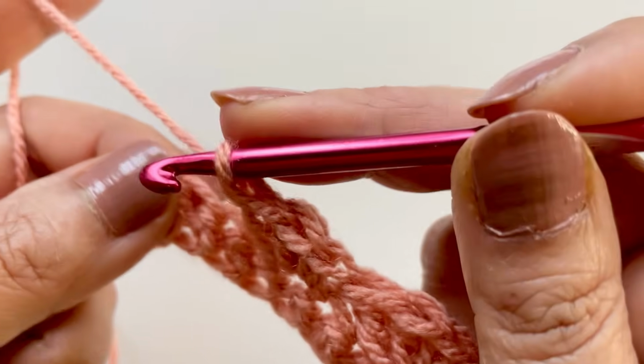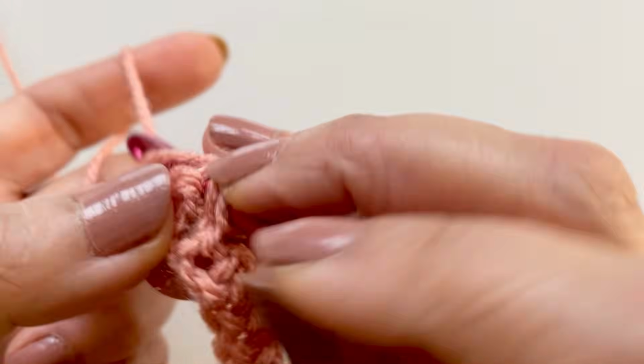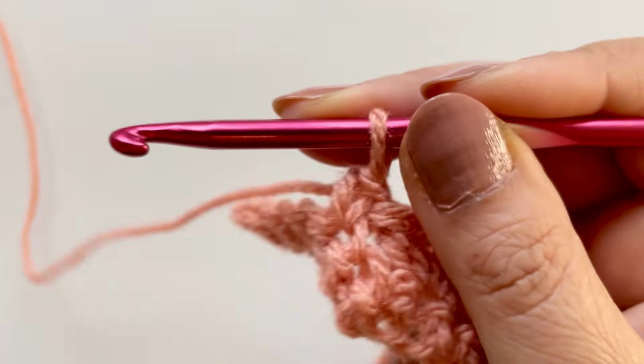Miss 2, into that one single, half double crochet and double, miss 2 and single,